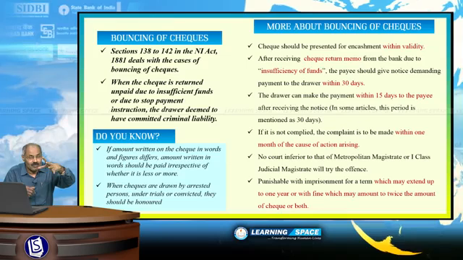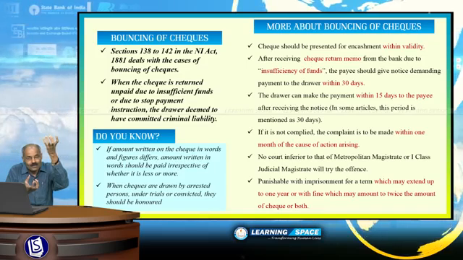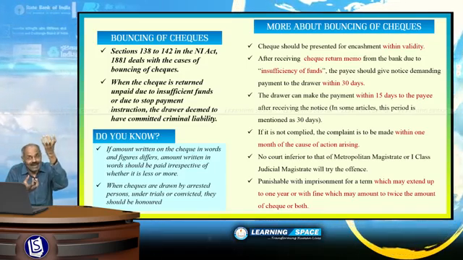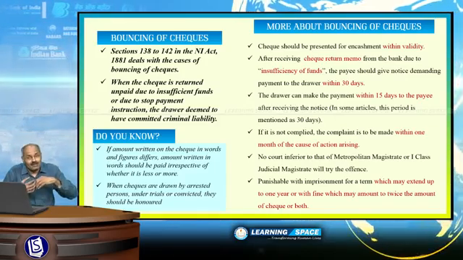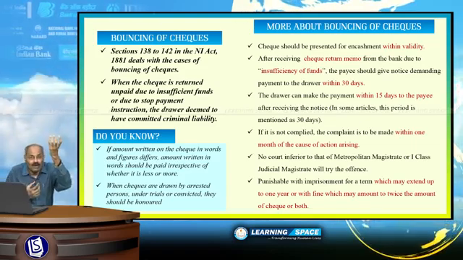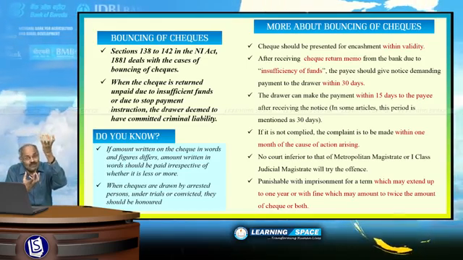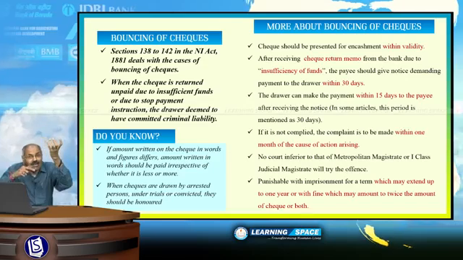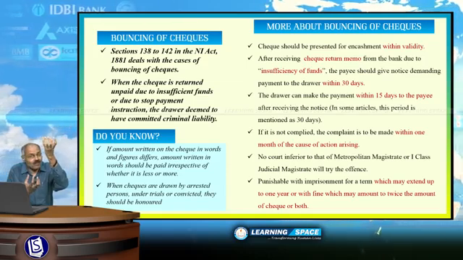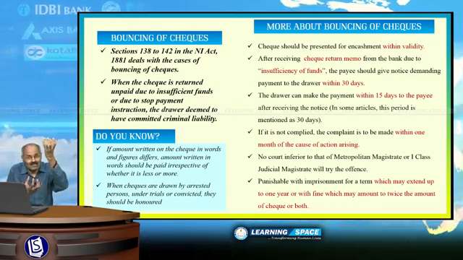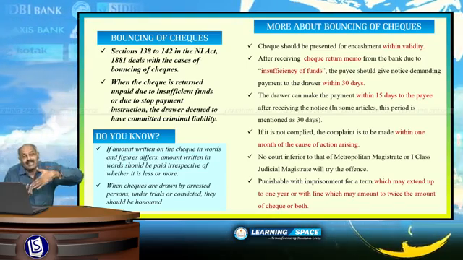After receiving the check return memo, Y has to write to X demanding payment. He has to write to X within 30 days, and subsequently the drawer of the check, whoever defaulted, can pay within 15 days. That means one more opportunity is given after bouncing the check. X can pay within 15 days. But if X failed to repay within 15 days, then within 30 days,